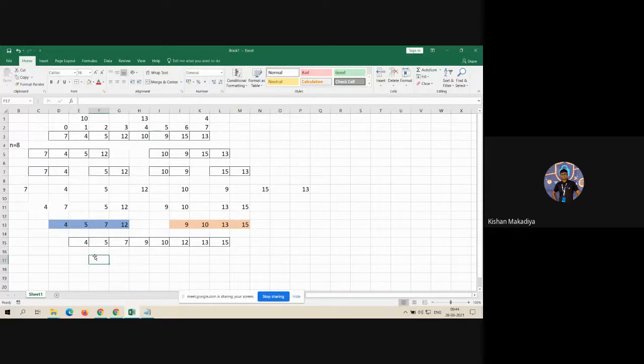Observe that these two arrays are sorted. That is our initial condition, and it holds because a single element is already sorted. The blue array is sorted, and this other array is also sorted.